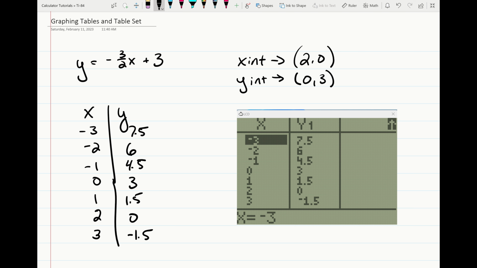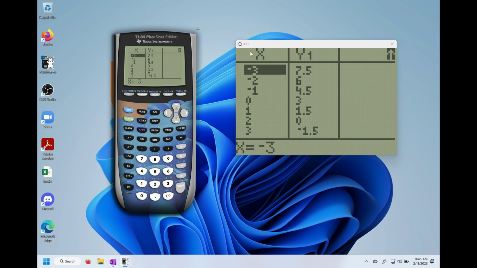But for some reason, let's say we don't want these decimal values. In other words, we don't want any odd x values. All we want are the even x values. So I'm going to show you how to do that as well. What we're going to do is go back into our calculator. And above the word window is table set. So if I hit second, window,